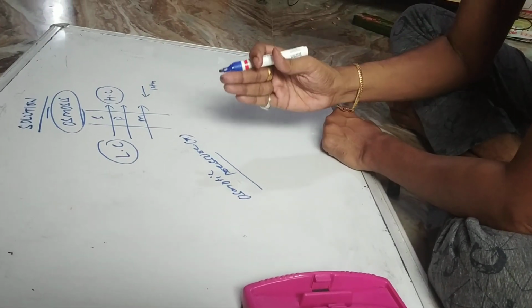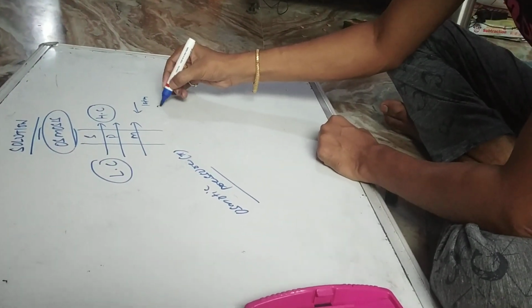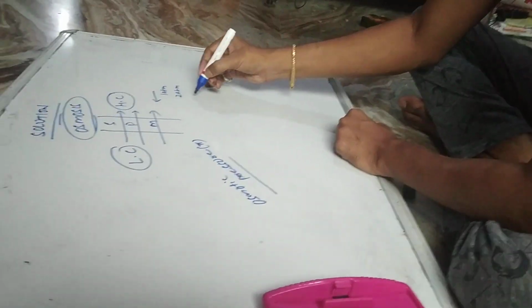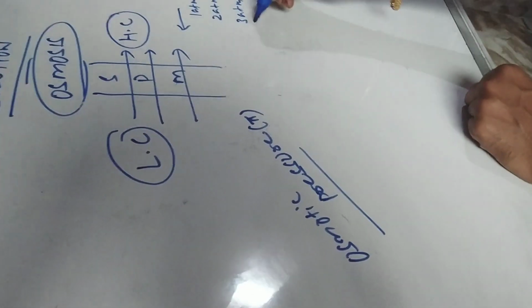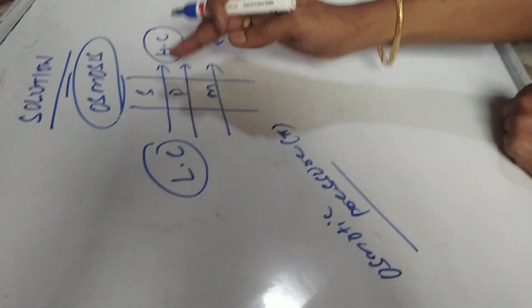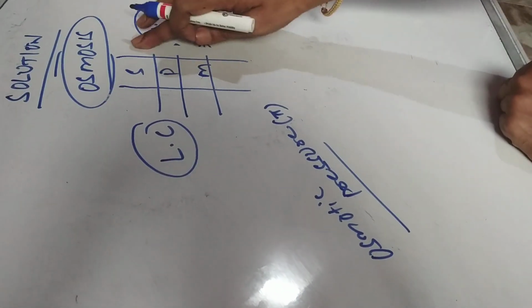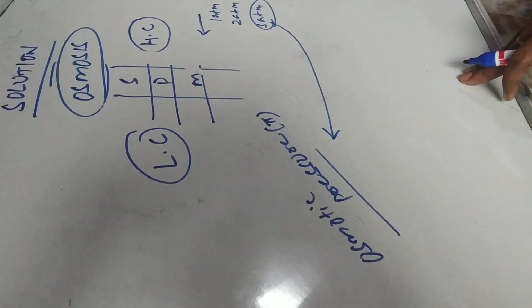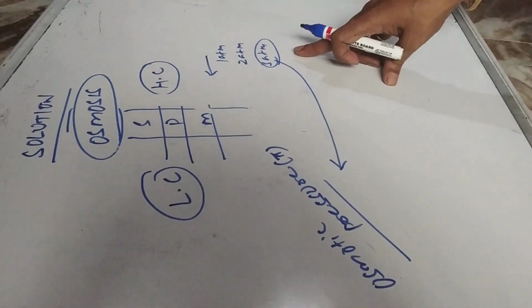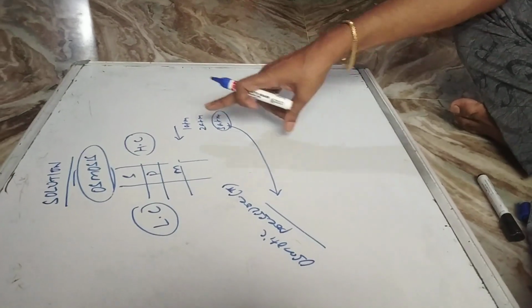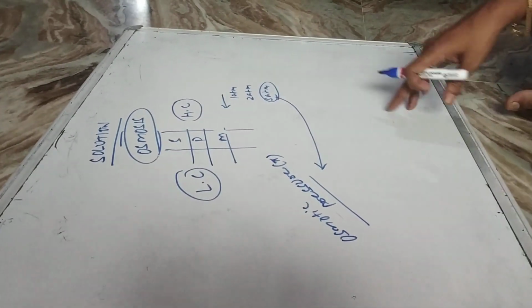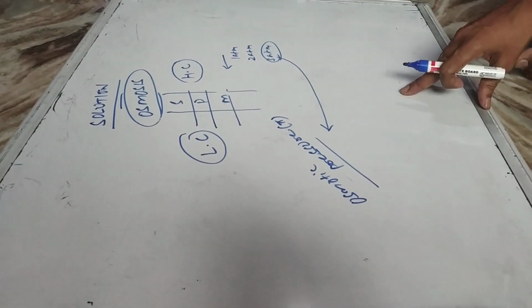I observe the process becomes slow. I am applying the pressure now 2 atm, it becomes slower, and at the pressure of 3 atm, I observe the lower concentration flow will cease. Then we can say this 3 atm pressure is nothing but your osmotic pressure, because this 3 atm pressure stops the flow of lower concentration towards the higher concentration. Then we can say this 3 atm is your osmotic pressure.